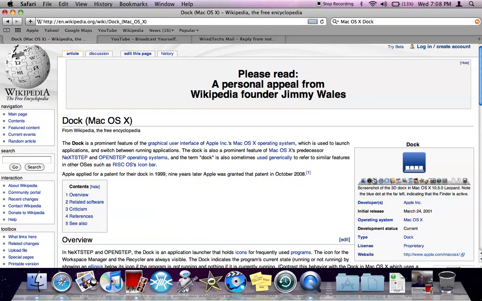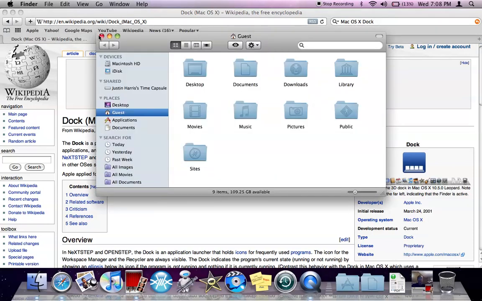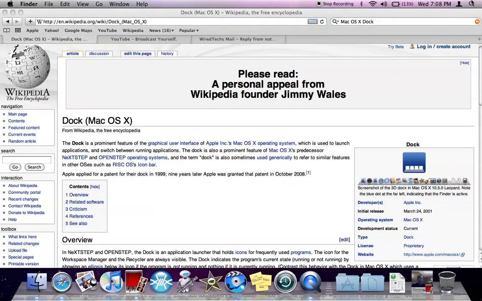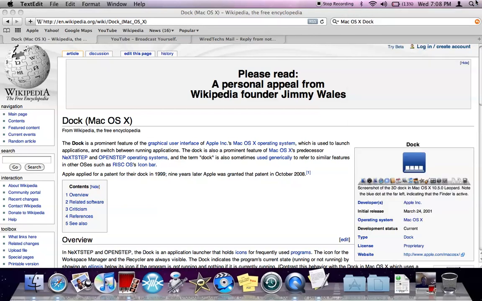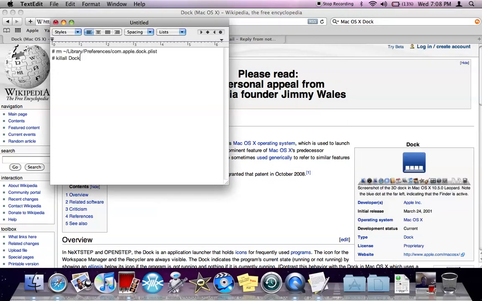Well, I didn't want to be looking at a picture in Spotlight, searching in Finder, looking and dragging and resetting the dock. So I found a script that you can do real easily, and it will reset the dock for you. So I'm going to open up TextEdit here and paste that script in and show you. So let's go to TextEdit, Spotlight, search that, and here's that script.